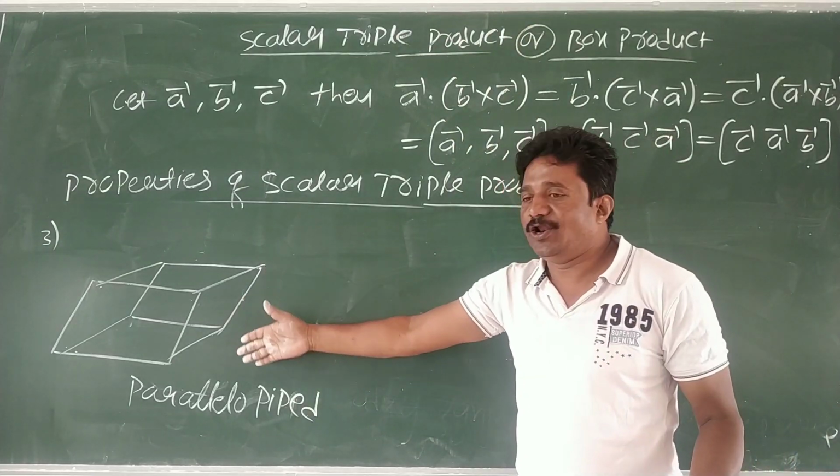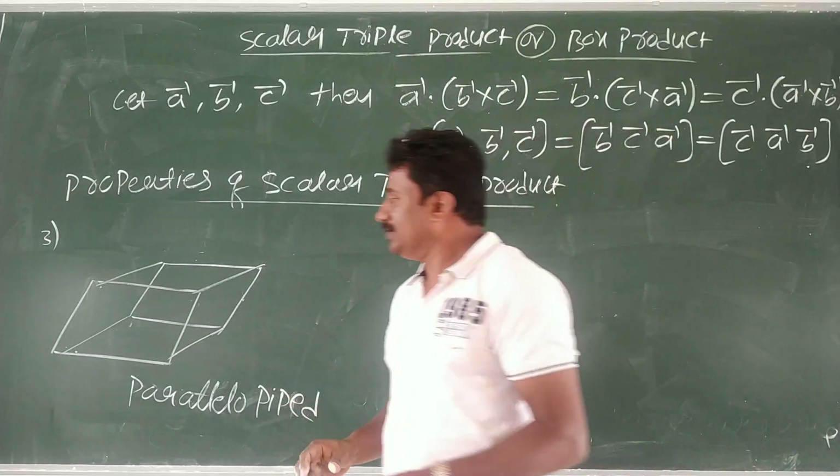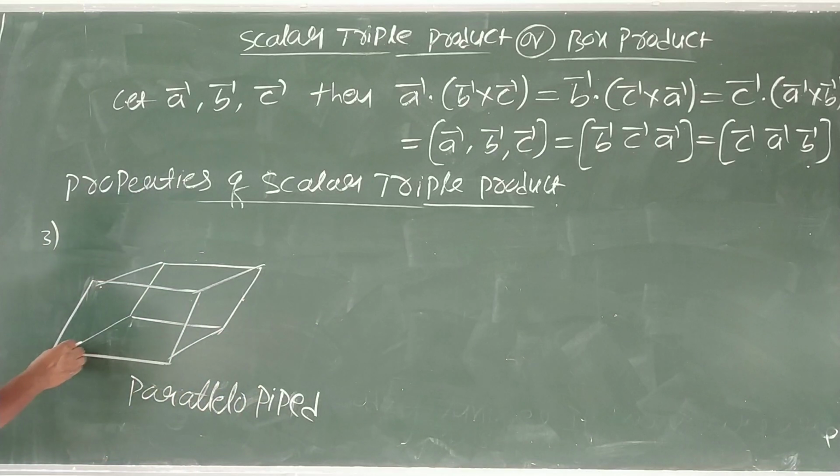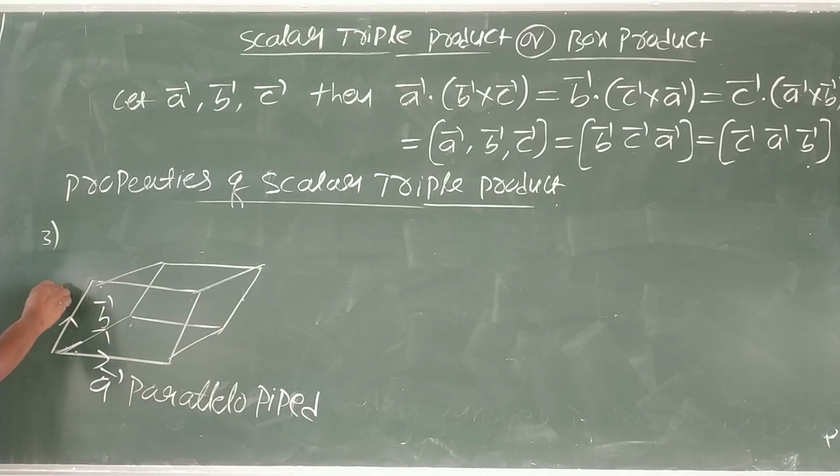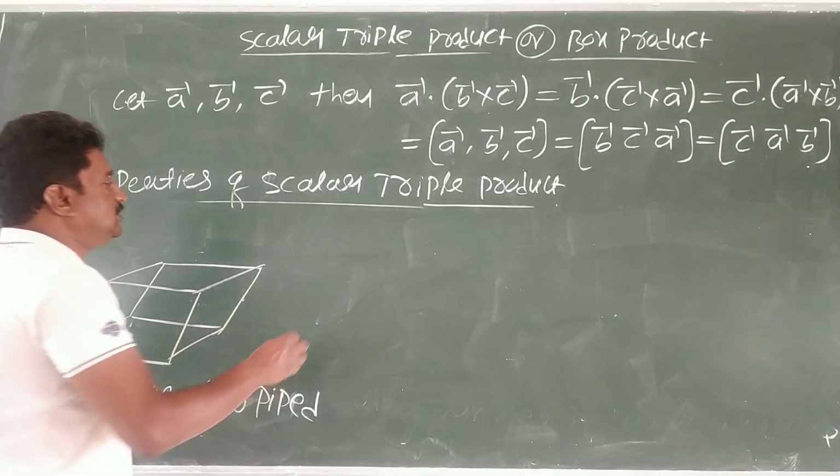So this is a parallelepiped. I hope you understood. You look at this, students. I take vector A along one of the sides. Vector A. I take one more vector along one more side, vector B. Next vector C. If vector A represents one side, vector B the second side, and vector C the third side, then the box product represents